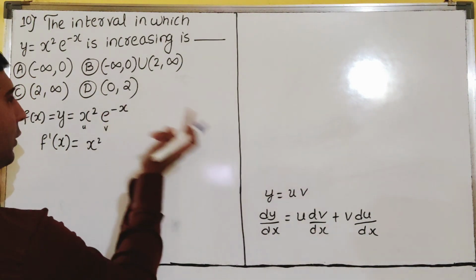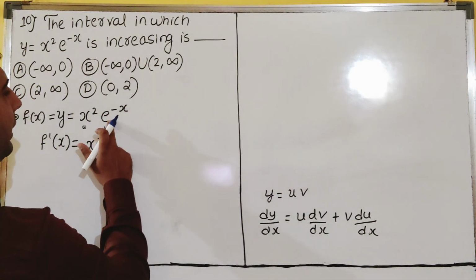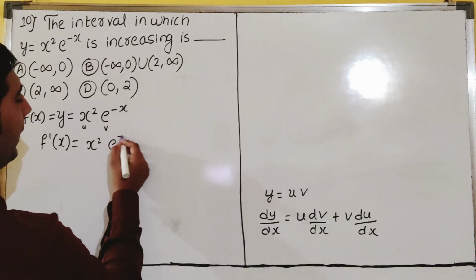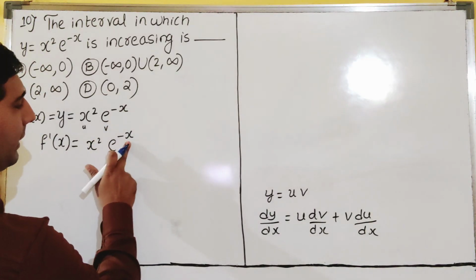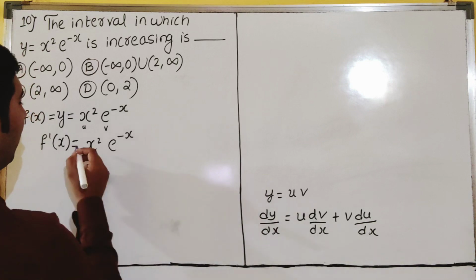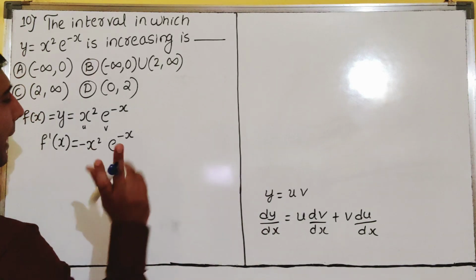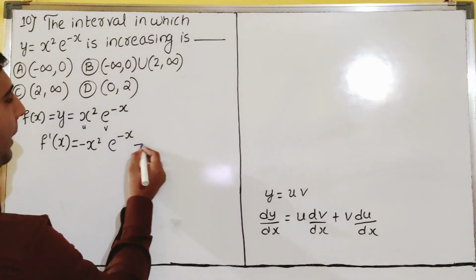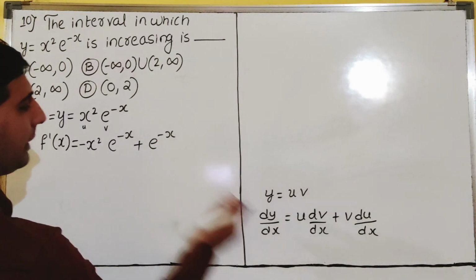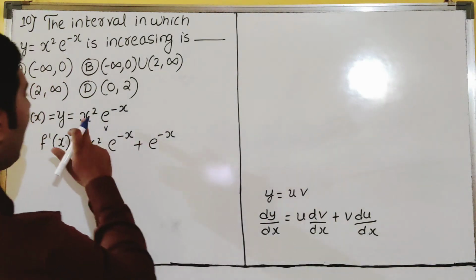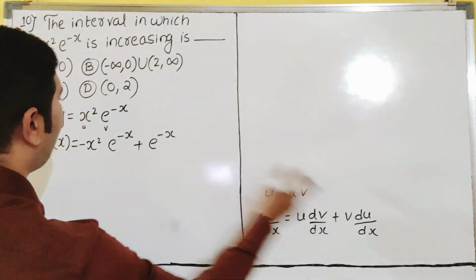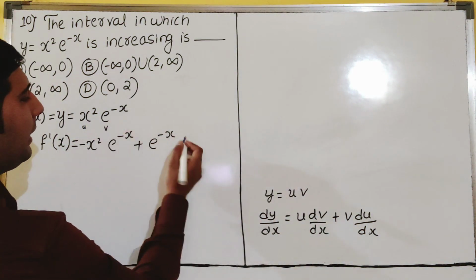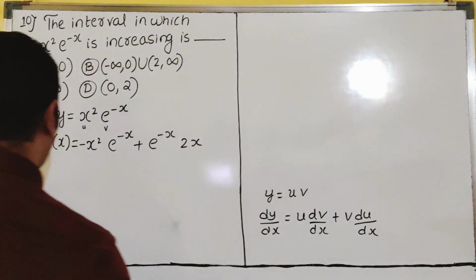So if it is not x, we have to take the derivative. e raised to x derivative is e raised to x, but this is not x. Minus x derivative, minus, dear students. So minus 1 is taken in front. Minus, I have written plus e raised to minus x as is, that is v. Derivative of what? u, I have to take. u derivative. u is what? x square. x square derivative is 2x. I hope it is clear.